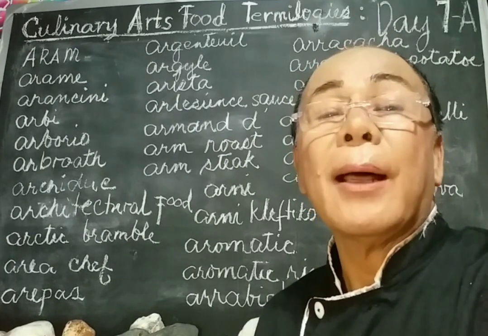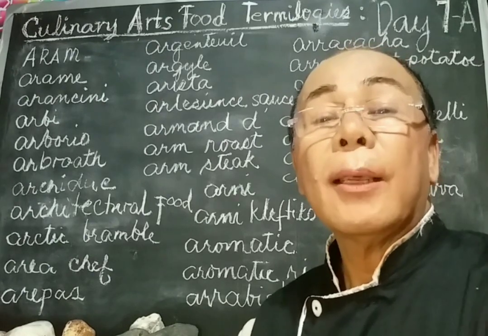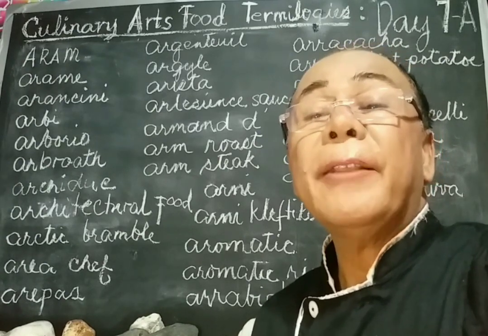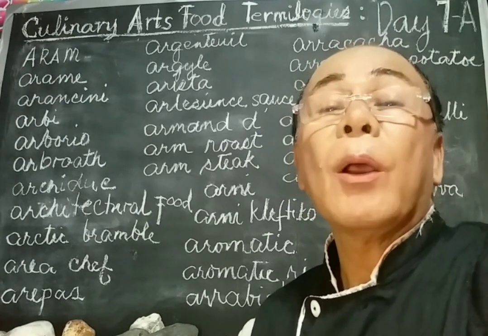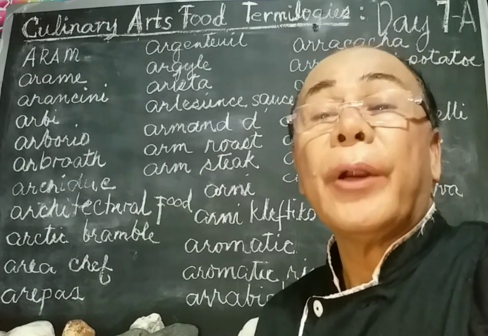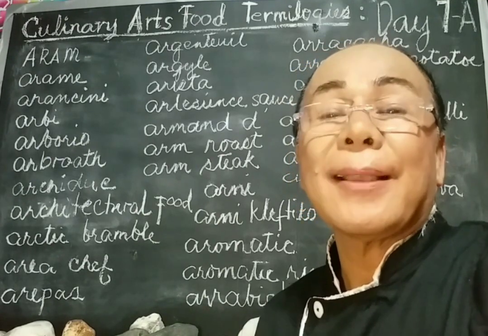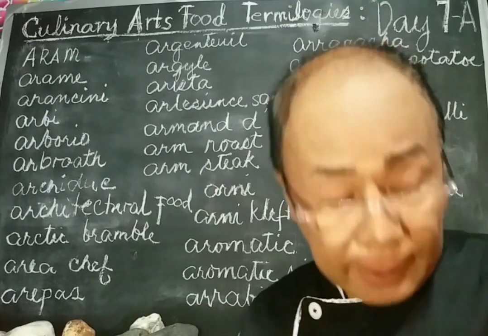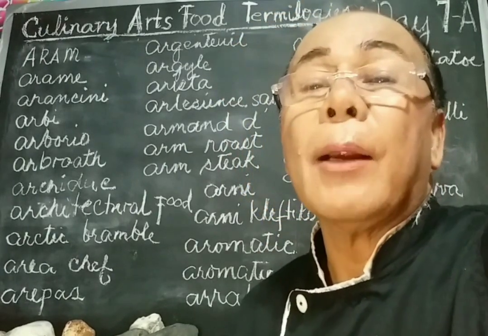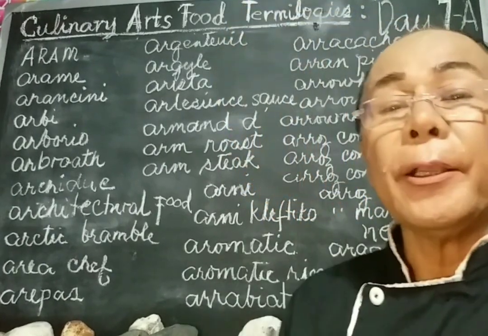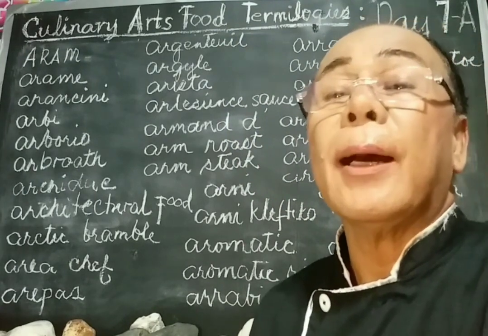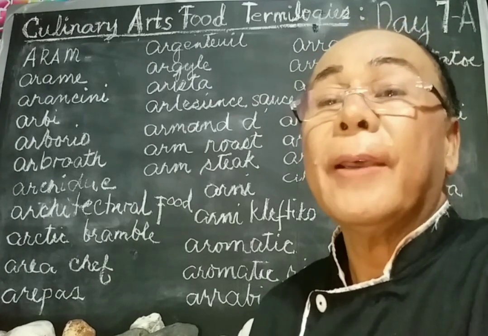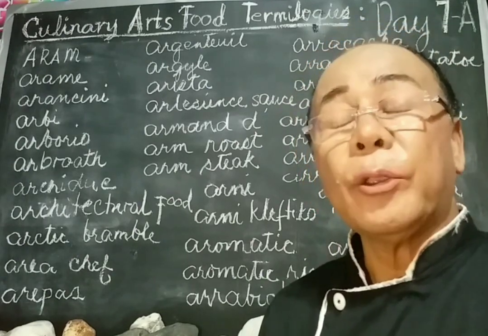Now we have the next word, the asadero. This refers to a semi-firm Mexican cheese made from whole milk, white in color with a mild flavor, which melts easily, also known as Oaxaca. Now the last word we have is asado. This is Spanish, referring to roasted. This is also a word referring to a Filipino cooking method in which meat is simmered in soy sauce, bay leaf, onion, peppercorns, and tomato.